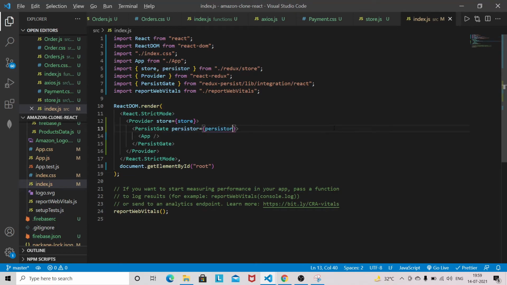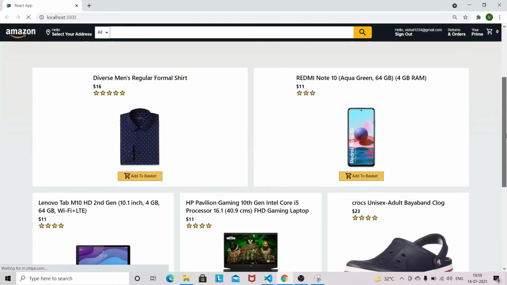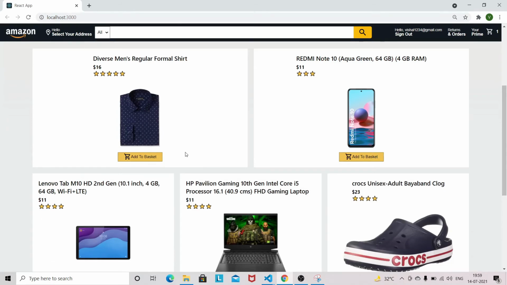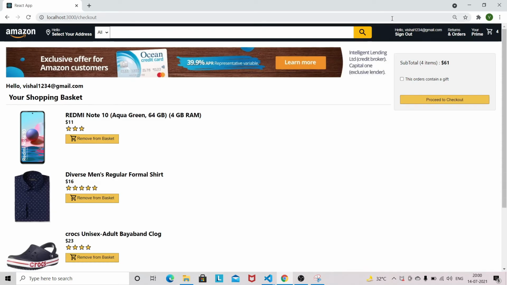Yes, so we are done with this, and let's go into the browser and see whether we are able to persist our order total or not. Let's refresh it one time, and let's add some item into the basket. Now go to the checkout and refresh it.